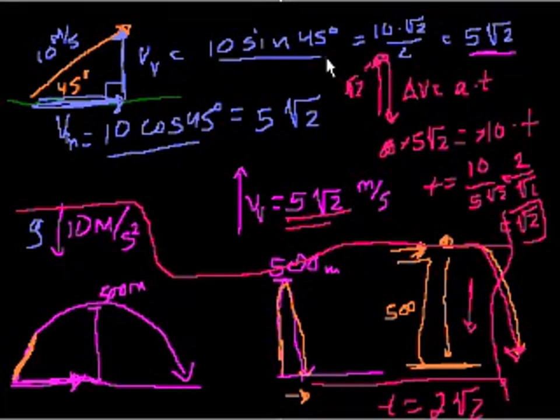It might be confusing, but all I did is figure out the vertical component of the velocity using some basic trigonometry. Then I said it's going to decelerate with gravity, and over that time, when it's going up, however long it takes, it's going from that 5√2 meters per second to 0. So how long does it take to decelerate from 5√2 to 0, given that I'm decelerating at 10 meters per second squared? It takes us √2 seconds up, and 2√2 seconds in total. I will continue this